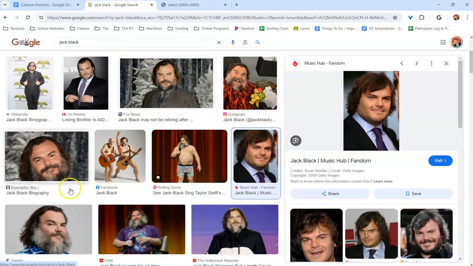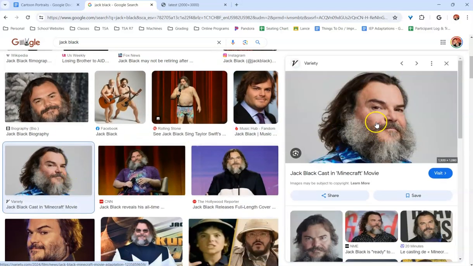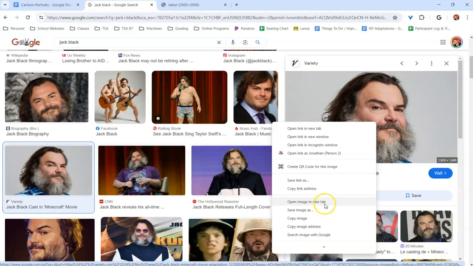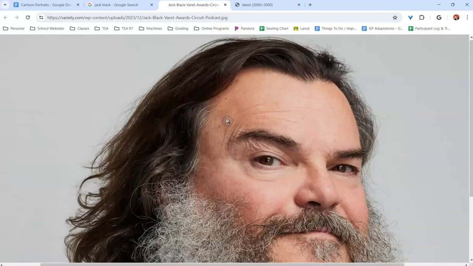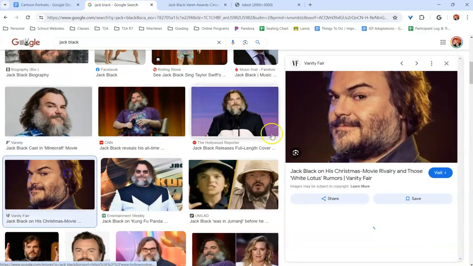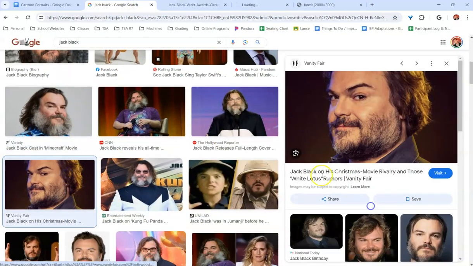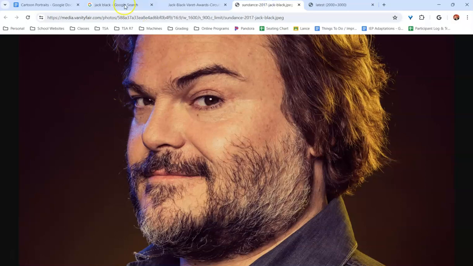So maybe I'll just kind of go through here and hope that this will actually work. We'll see if it does. Sometimes when you hit Open Image in New Tab, it's not actually larger. Like again, this one is. So let's just keep going. If we can't get one here after a few tries to do what I want it to do, then I'll